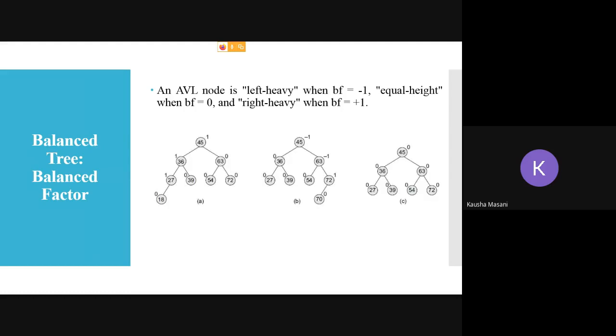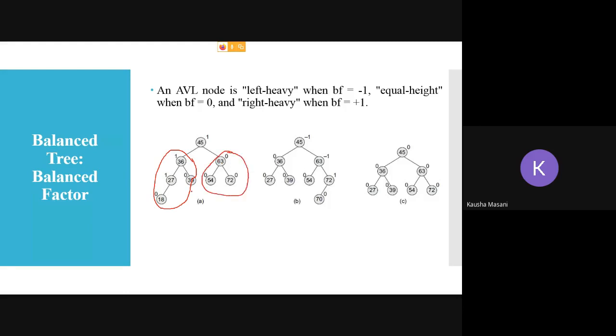So see, these are the three various kinds of examples. Now see, this is an AVL tree. Now, look at the first one, tree A. Just check, is it an AVL tree? AVL tree is a height balanced binary search tree. Now I know what a binary search tree is: all the elements on my left side will be less than my root node, and all the elements on my right hand side are greater than my root node.